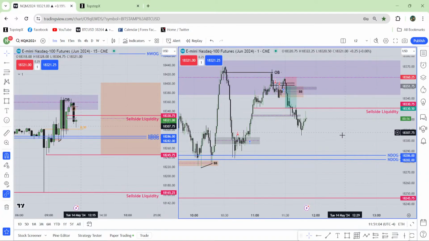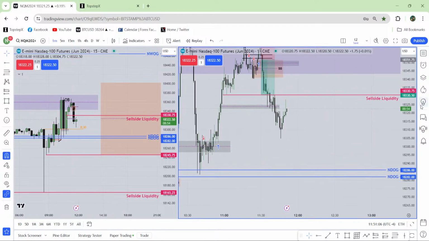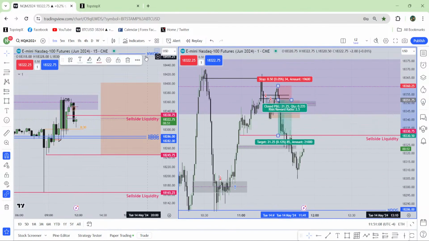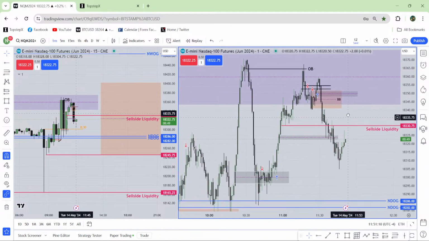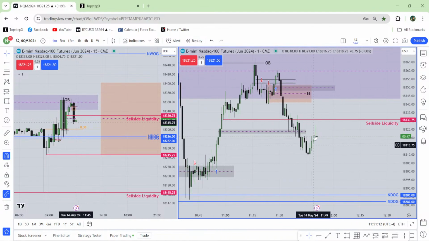You have to work with one concept, one model only. That's all you have to do. If you keep pushing your button depending on a lot of models, you will never be a consistent profitable trader. At least if you do that at your beginning, you are never going to be a consistent profitable trader. So please stop that. Instead of that, work with one model. That can be any model.